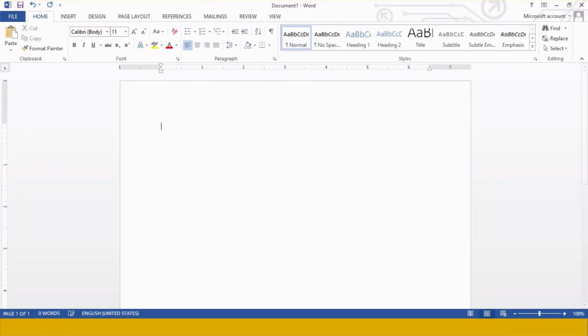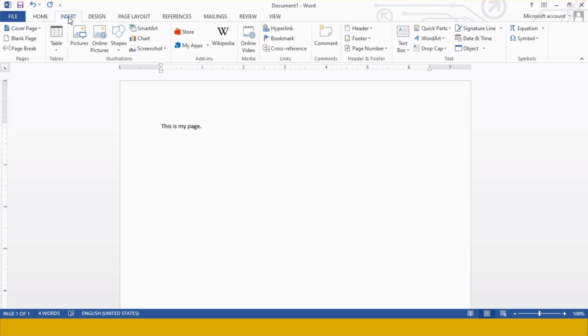पेज पर पहले मैं कुछ लिख लेती हूँ. I have written here, this is my page, this is my first page of the file. Now I am going to make some more pages over here because headers and footers are certain text and graphics which are printed on each page of your file. You don't have to insert them on each page of your file. Suppose your file contains 100 pages, so that will be inserted only once and displayed multiple times.